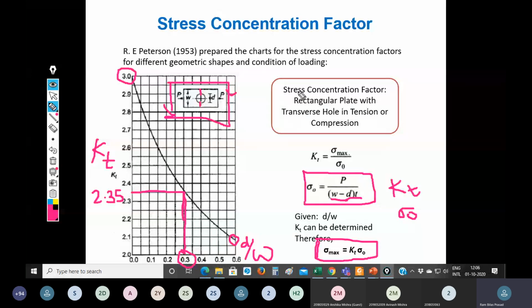So this case emphasizes that it is a rectangular plate with a transverse hole in tension or compression, right? It could be in tension or compression. This is equally applicable for compression also. Okay, so let us move on. In the same manner,